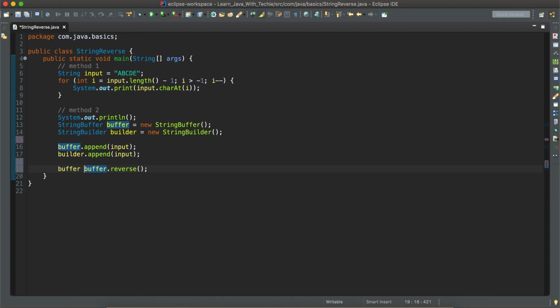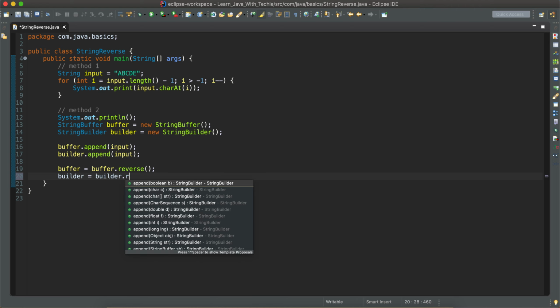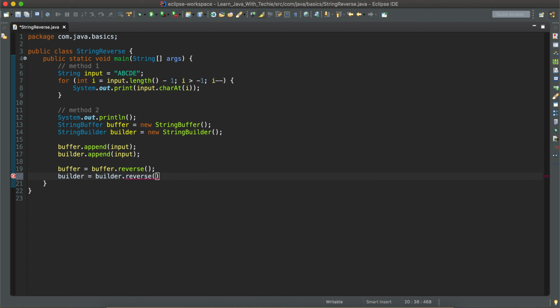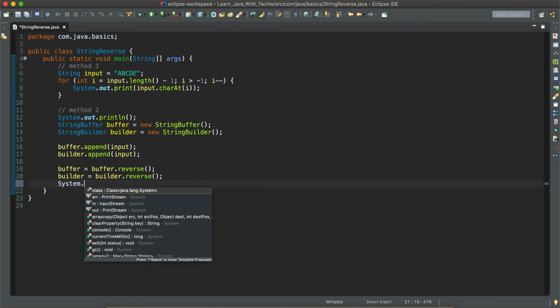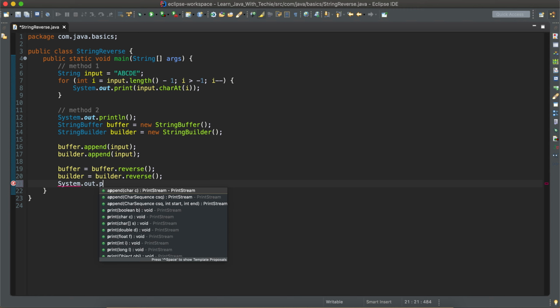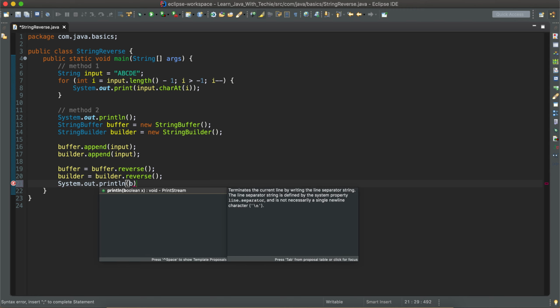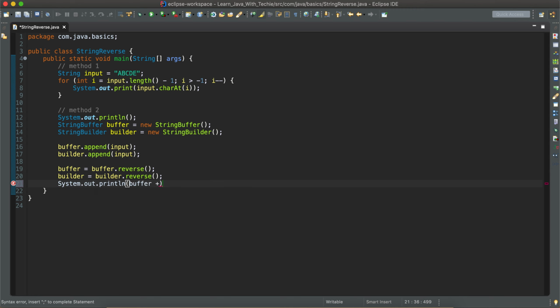Since it returns a StringBuffer value, I'm going to override the value of buffer with the reversed value. I'm going to do the same for builder as well. Let me print this, printing both buffer and builder on the same line with a tab space.